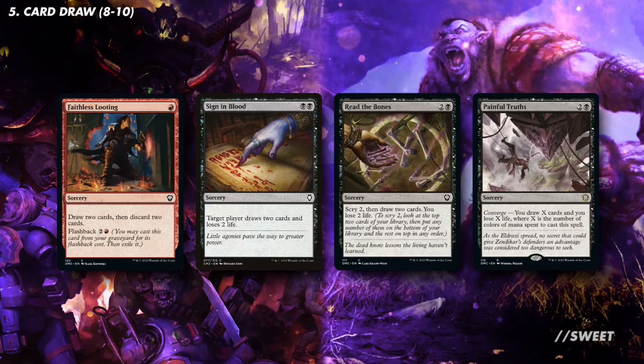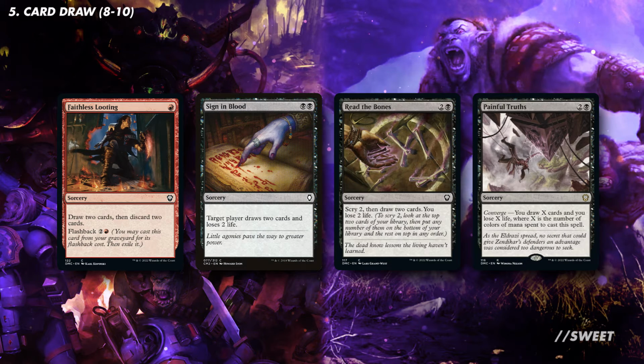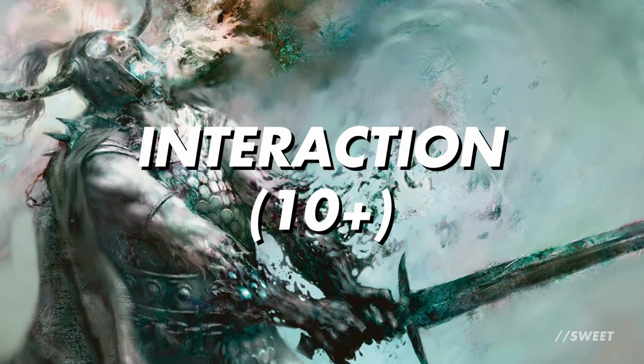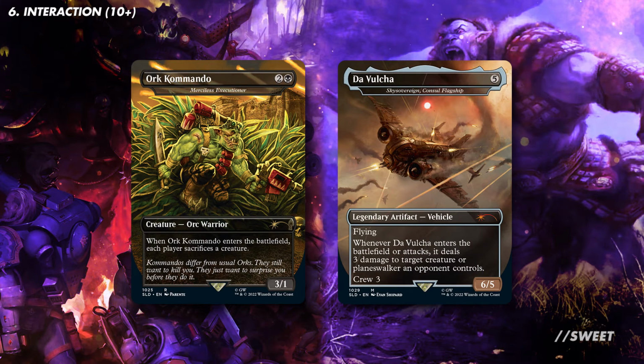For some more budget-friendly options, you can look at running some instants and sorceries, with cards like Faithless Looting, Signing in Blood, Read the Bones, and Painful Truths. Our interaction section will be a little bit bigger than regular decks, for reasons that we'll get onto in a moment. But starting off, we have some more good Orc cards, with Merciless Executioner, great at removing other Voltron commanders out there,